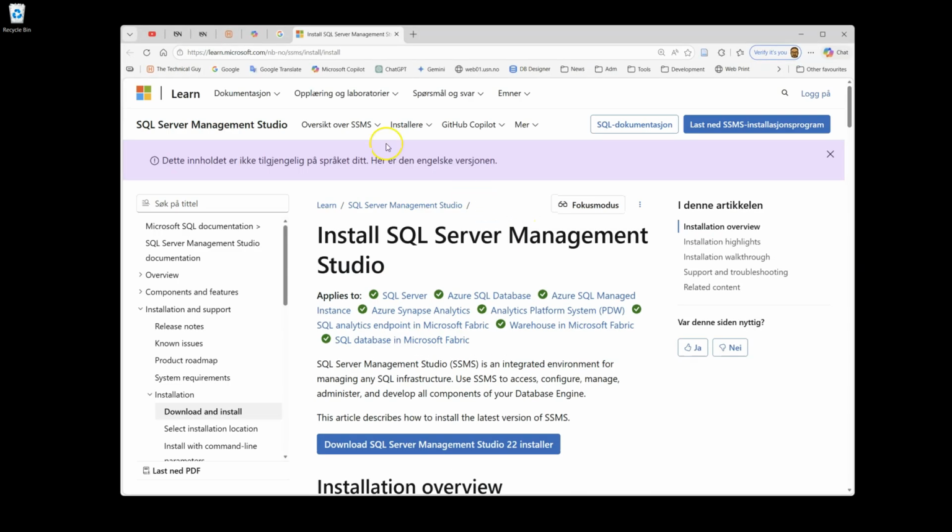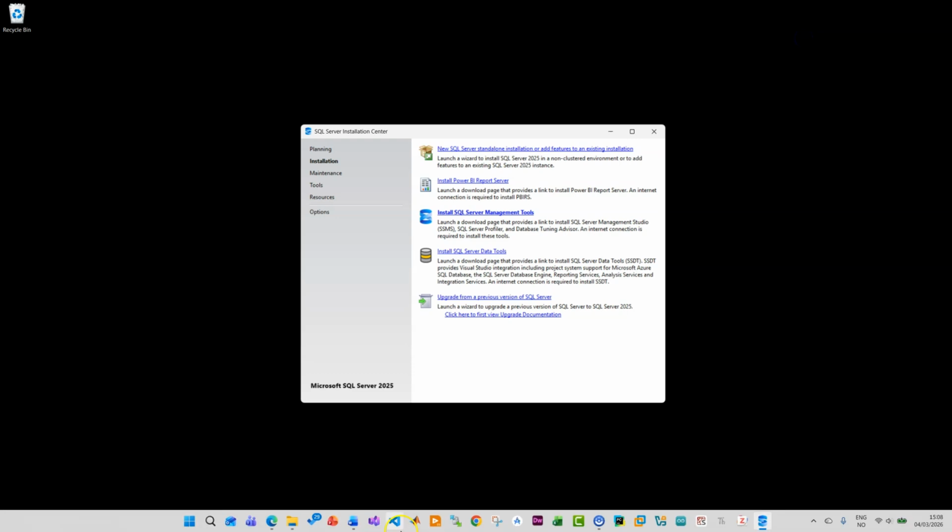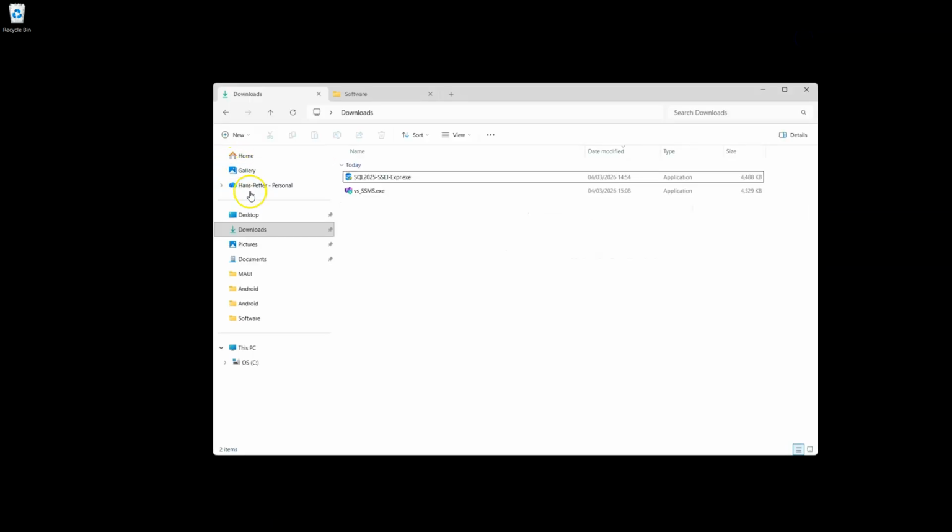When you click on this link, you just go to a web page where you can download this SQL Server Management Studio. So here you have this link, download SQL Server Management Studio. Just choose the latest version and then just click on it in order to start the installation. The installation